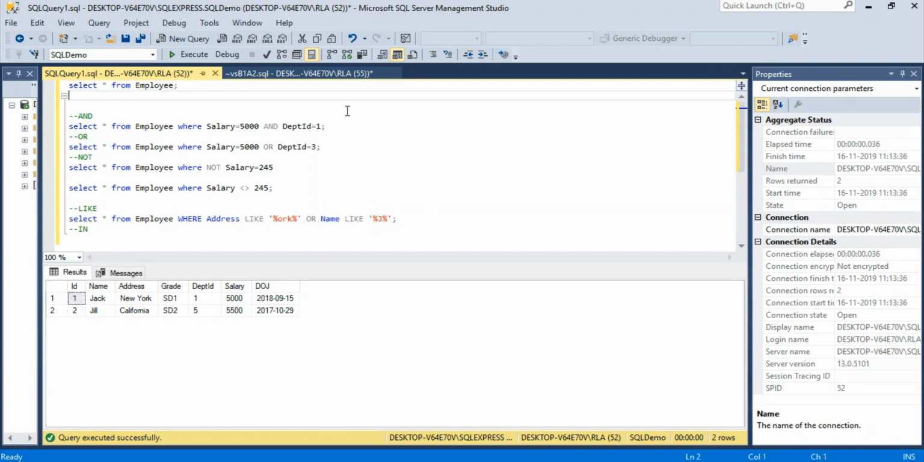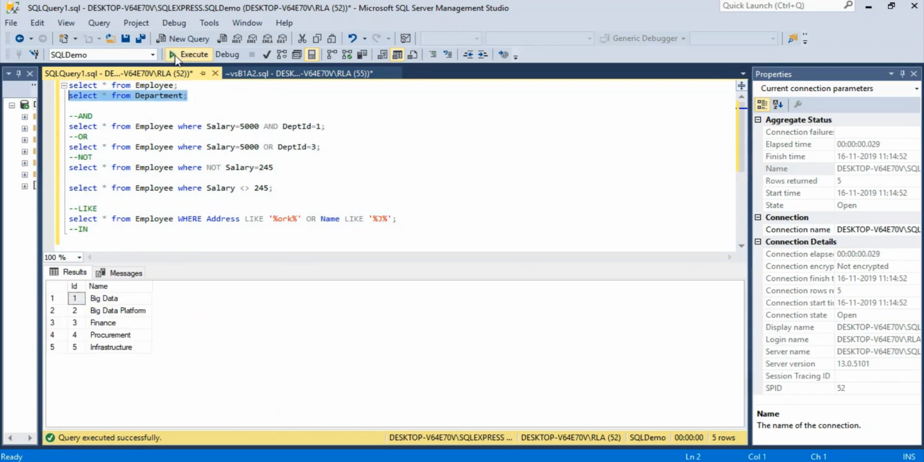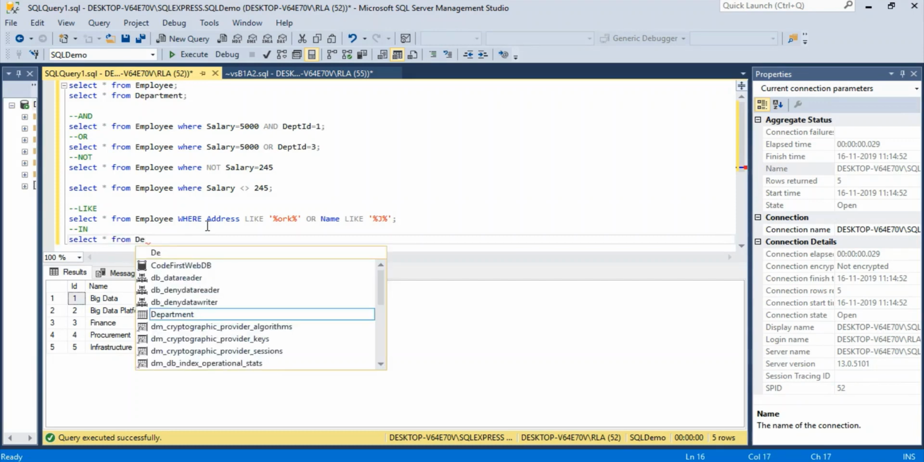So let us look at the IN keyword now. For that, we will fetch everything from department first. Here, if you want to select all those IDs where the name is either big data or finance, in this case what we can do is select star from department